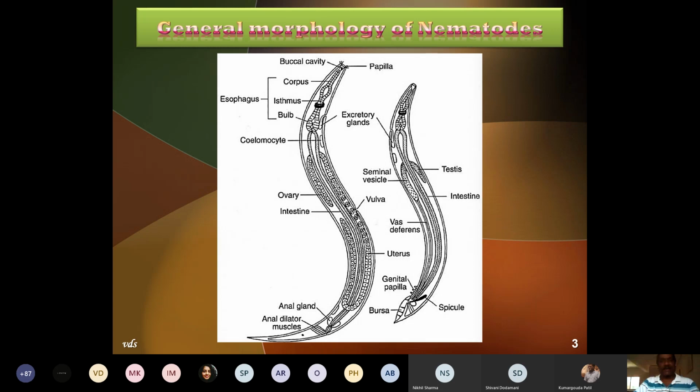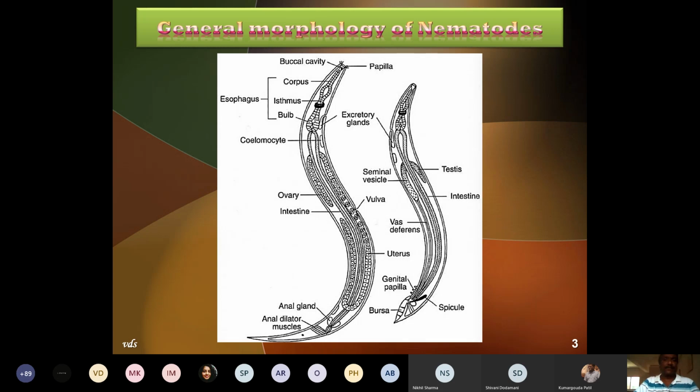The intestine runs throughout the body up to the posterior end, and in the male it opens into the cloaca, which is the common opening for the ejaculatory duct, the male sexual reproductive organ. So here the cloaca is meant for a common passage for the ejaculatory duct as well as the alimentary canal. Whereas in the female, this intestine ends